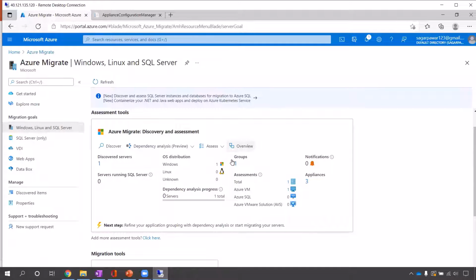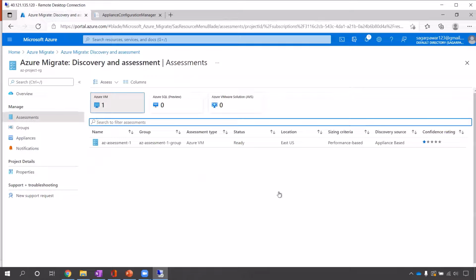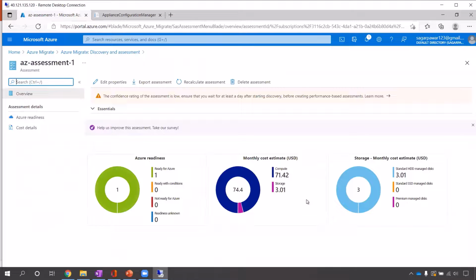Over here, I have to click on overview, and then I can just click on assessment. You can see that the assessment is completed, and I can see the result. Let me click on this. If I migrate this VM, I have to pay around 71 USD per month and 3 USD per month for storage.